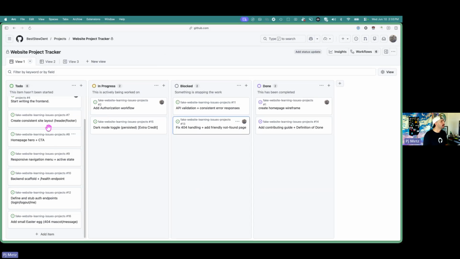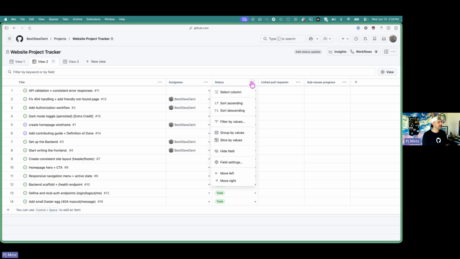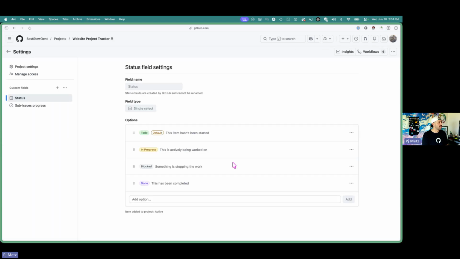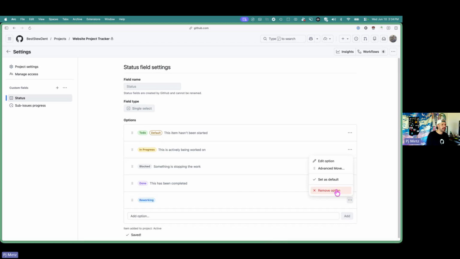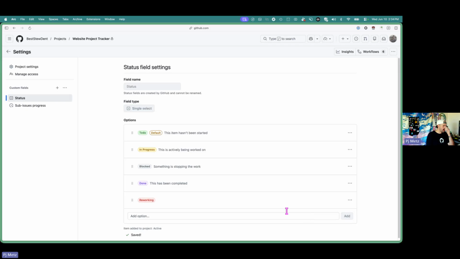Okay. All right, so that's the Kanban view of projects, but over here we have another view that's just a list view. And you can see we've got new fields showing up here. So there's the assignees field. This is the status field. And in the status field, you can obviously change the settings. You can add more options, so let's see, to do, in progress, blocked, done, reworking maybe could be one. So reworking might work. And let's make that red to make it a little scarier and more urgent sounding.